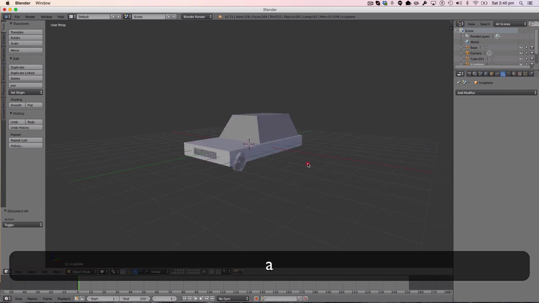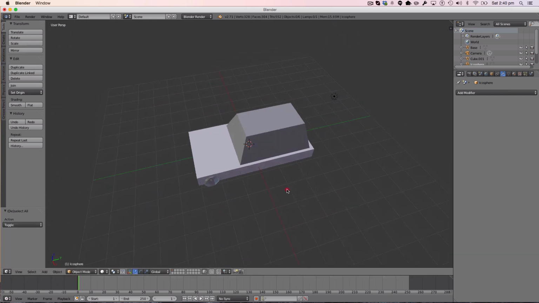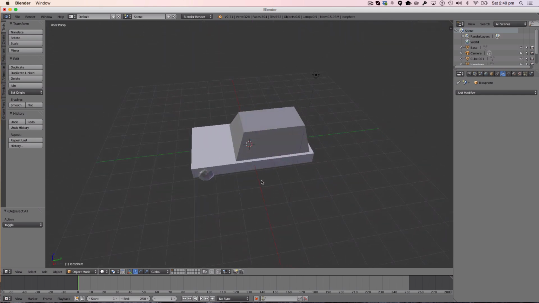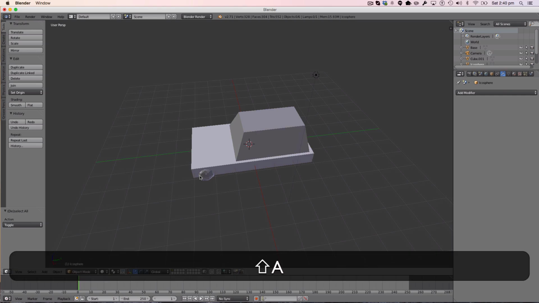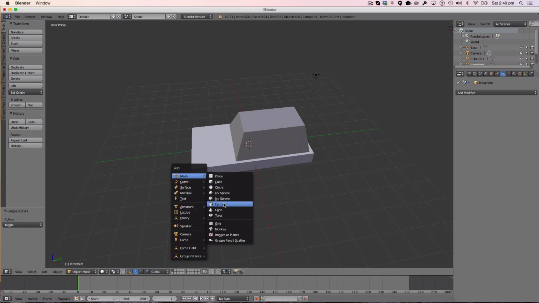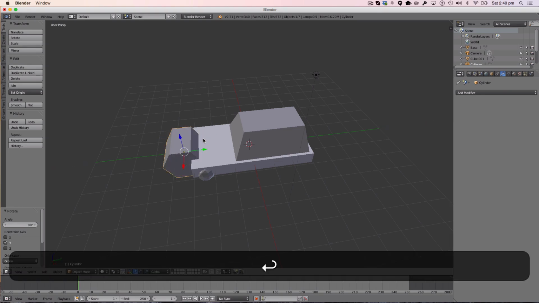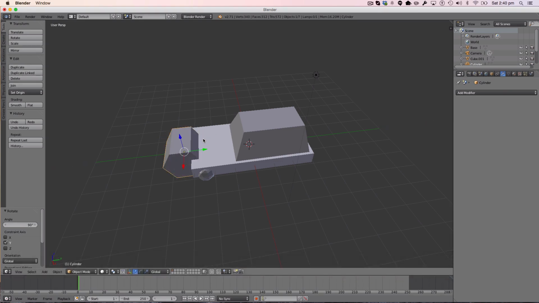So a shape similar to that. So I've just been using my scaling tools and I've got a nice shape like so. So what I'm now going to do is I'm going to shift A and add a cylinder. Now with our vertices, I'm going to give them 6 vertices. There we go. And we're going to scale it, and we're going to rotate it on the Y-axis at 90